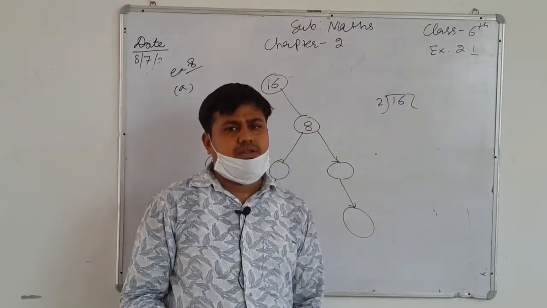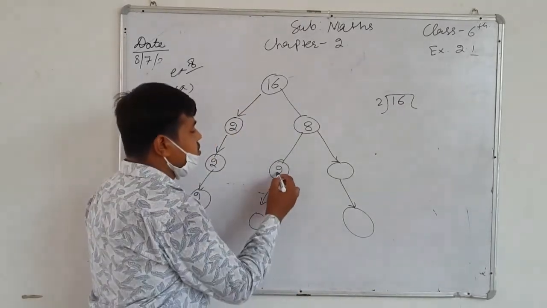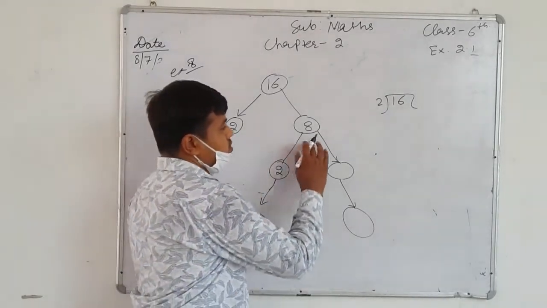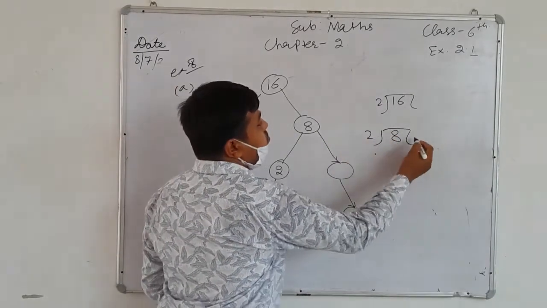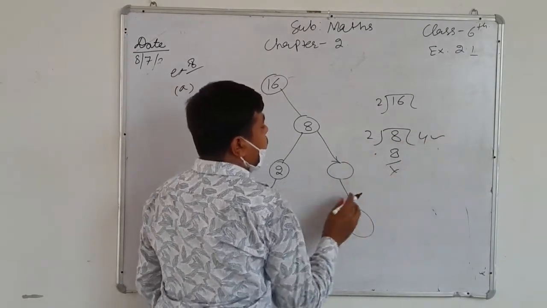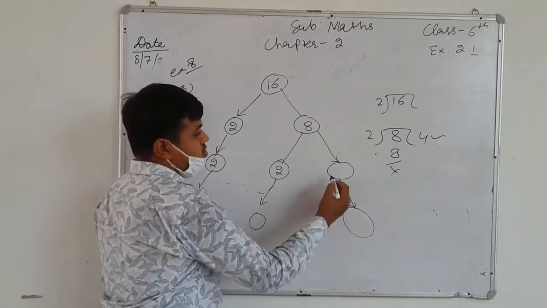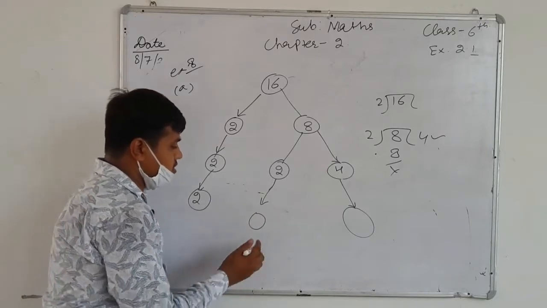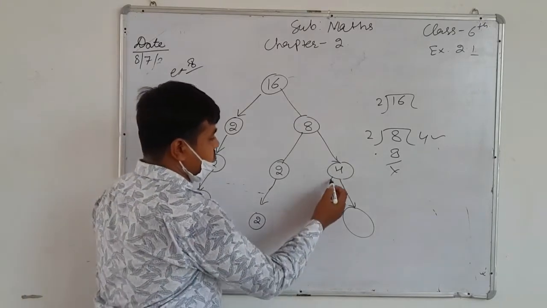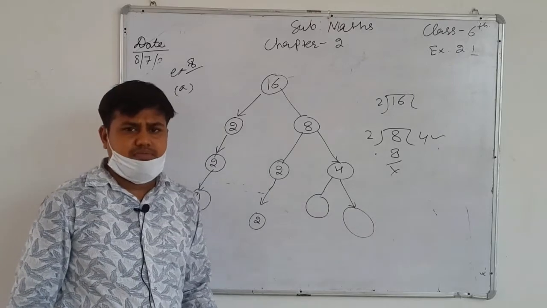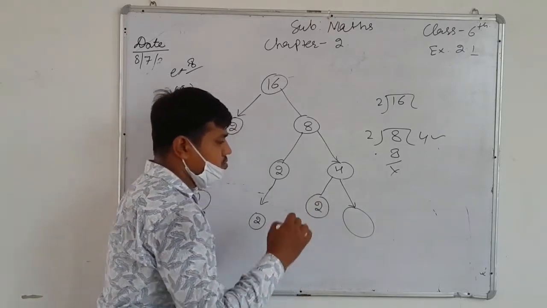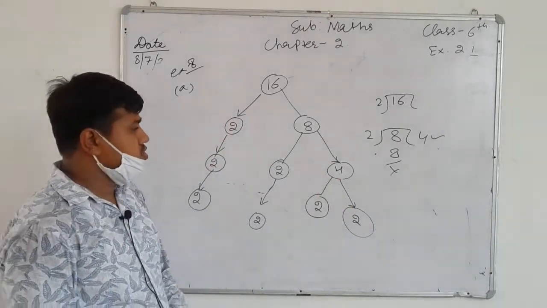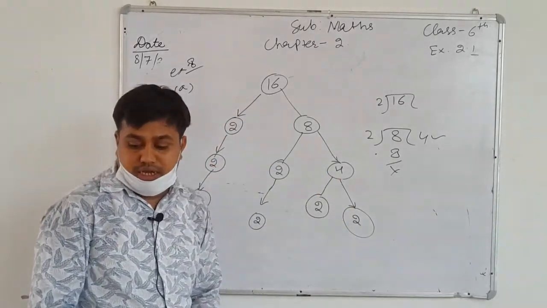We know that 8 is also an even number. So it is also divisible by 2. 8 is an even number and an even number is always divisible by 2. So if we divide 8 by 2, we will get quotient 4. So write the quotient on this right hand side. Now 2 same in this box, and 4. 4 is also an even number. We know that an even number is also divisible by 2, and 2 times 2 is 4. So on the right hand side also the quotient is 2. So this is the complete tree diagram.